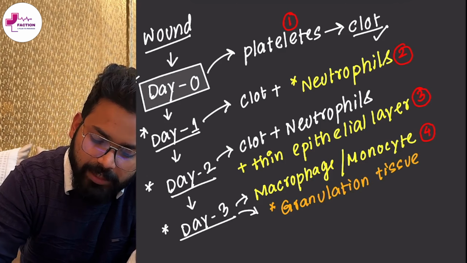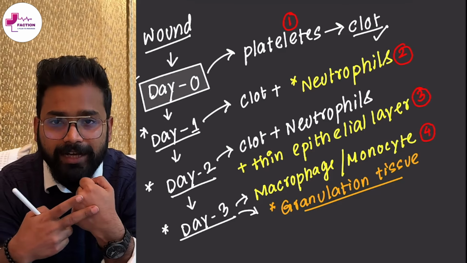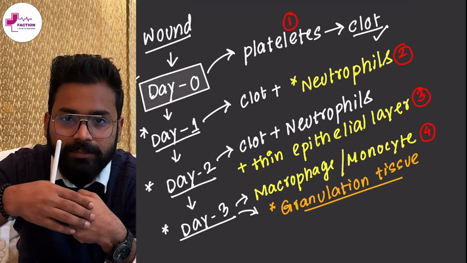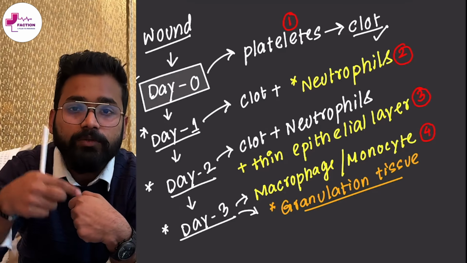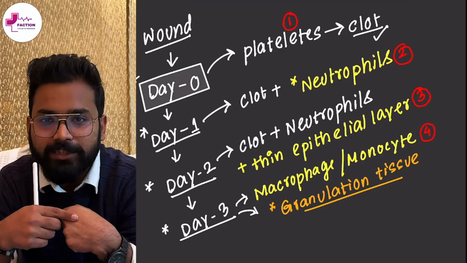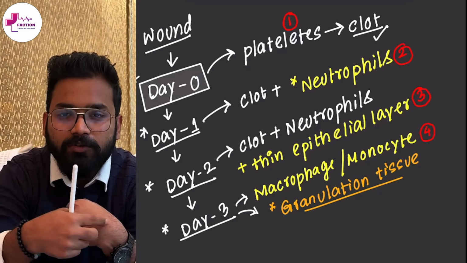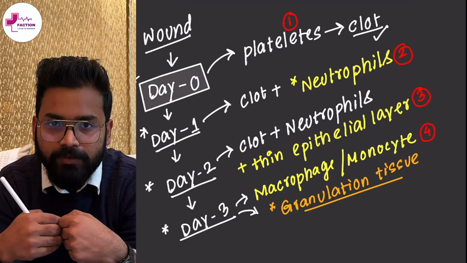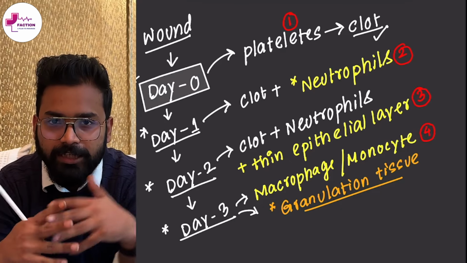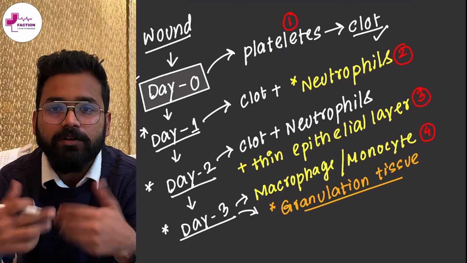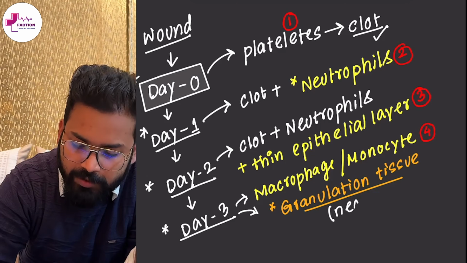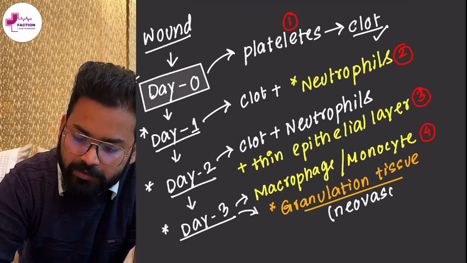Now, what is a granulation tissue? As soon as there is a wound and the wound is healing, the skin is healing now, the cells here are healing now. But for these cells to be alive, they need nutrients. They need oxygen for respiration. So these nutrients, this oxygen, are transported by blood. So new blood vessels will form. We call this neovascularization. Neo means new, vascularization means formation of blood vessels. So either you can call that formation of granulation tissue, or you can use the word neovascularization,